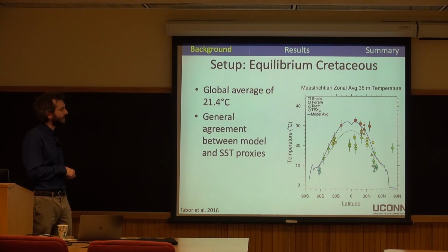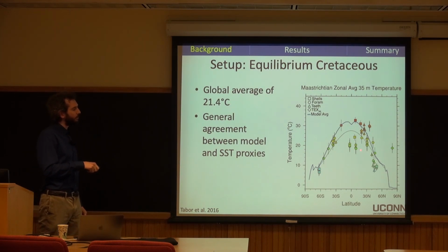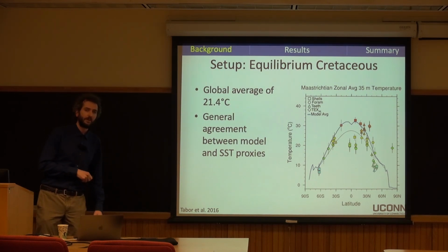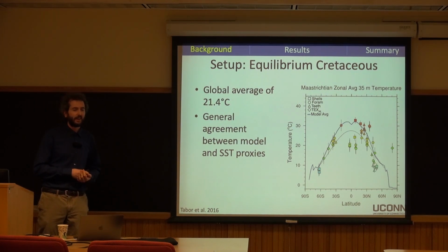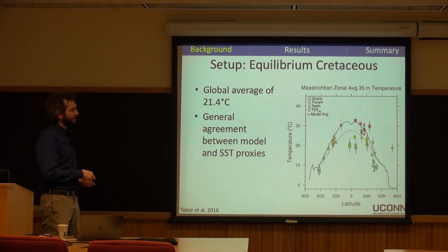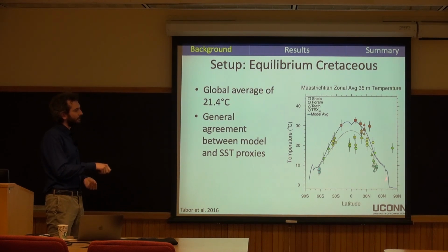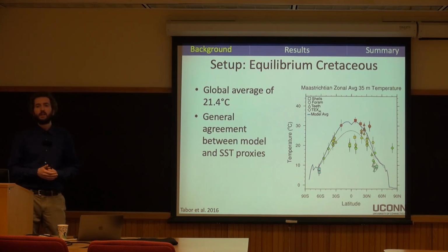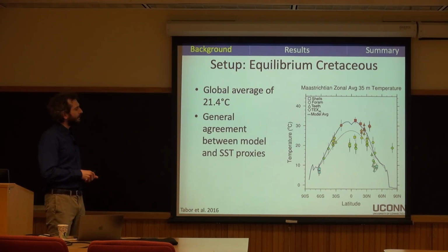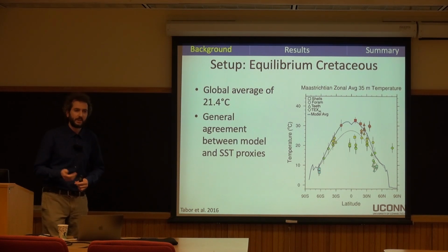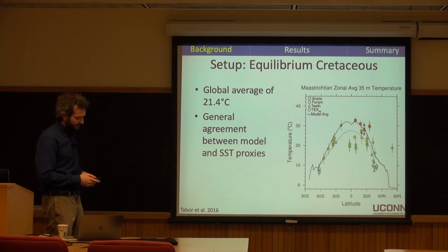And there's a lot of noise here, but some of these really cool low latitude temperature reconstructions can probably be ignored. It's been found that they're actually diagenetically altered, and so probably aren't recording a true sea surface temperature estimate. And so the hottest temperatures are oftentimes taken to be the more reliable ones, the more pristine proxies. And in that case, the model and the proxies are agreeing to first order as well as we can expect with all the uncertainties in these different aspects.